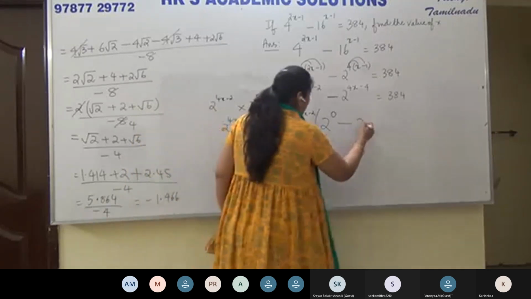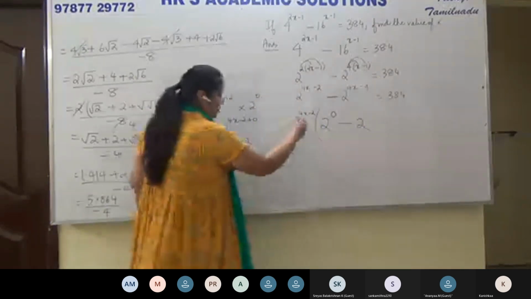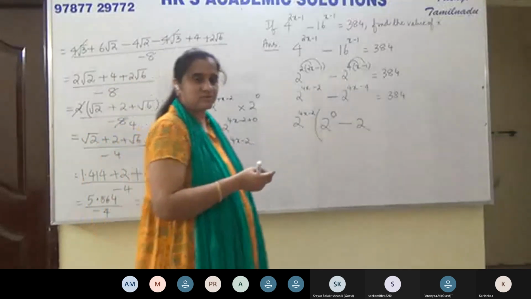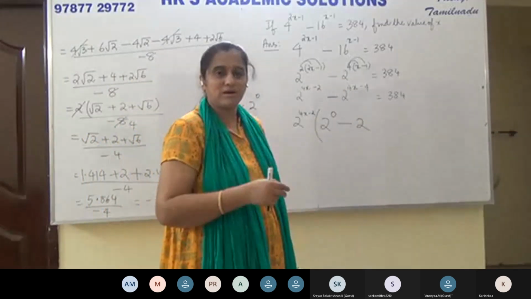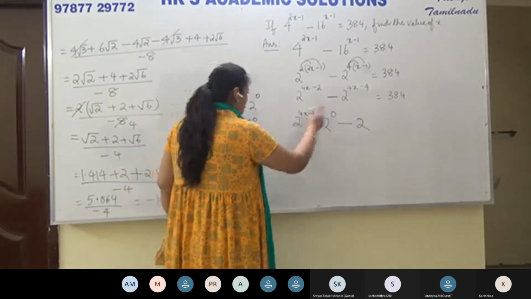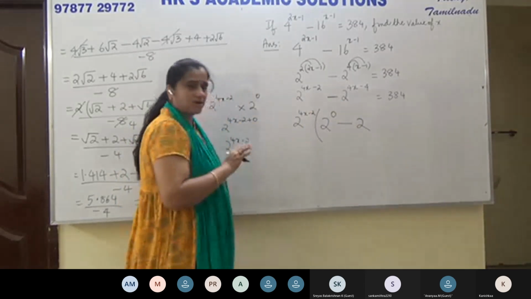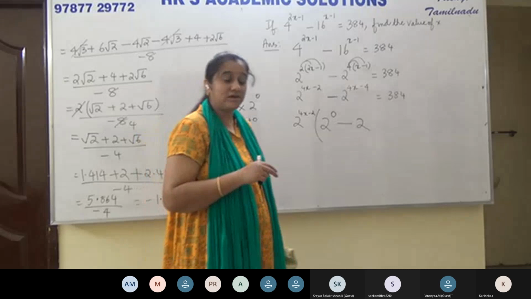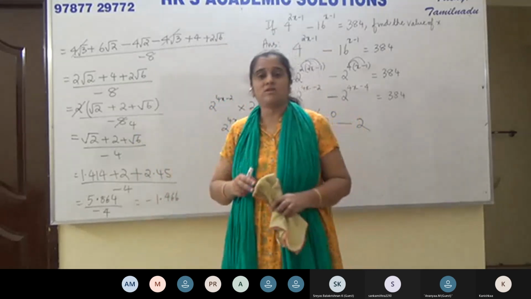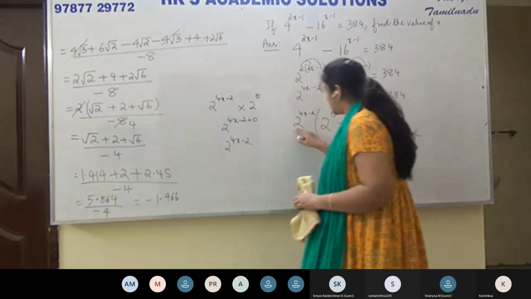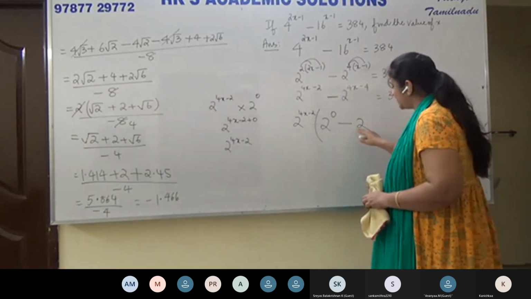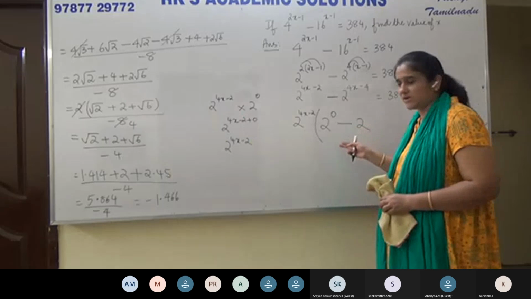Now we know we have to take the base 2. Only then you can multiply. Only when bases are same and it's multiplication, you can add the powers. So since the base outside is 2, you know that you have to take the base as 2. You only have a choice in the power. Choice meaning you can decide the power, but not the base. Base is 2 because we have 2 raised to the power 4x minus 2 here. The base has to be 2. Only then you can simplify.